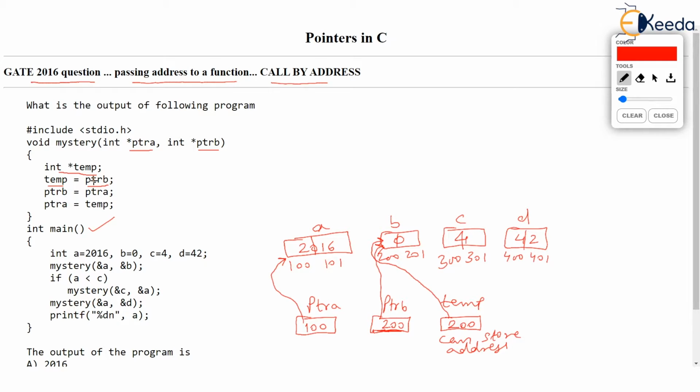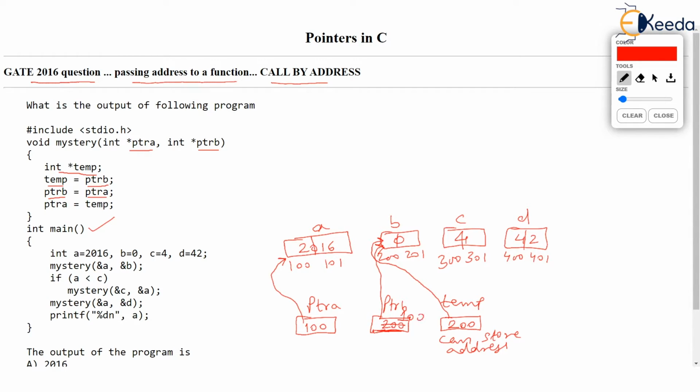The next line makes PTRB equal to PTRA. Again, two pointers are becoming equal. So who will point where? Now you read this as a layman: PTRB will point to the same location where PTRA points. PTRB is becoming equal to PTRA, and PTRA is 100.